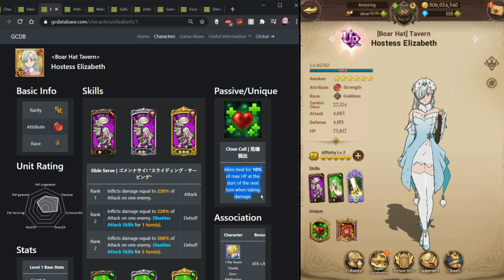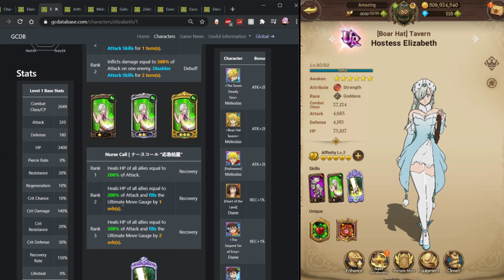So basically every time the Crimson Demon damages you at the end of your turn, after you've taken all the damage, you're going to heal 10% of what he did to you. And it's actually pretty substantial over time, because every time you get hit, it's just going to start healing you up a ton. So other than that, she does have a heal card that fills the ultimate move gauge,